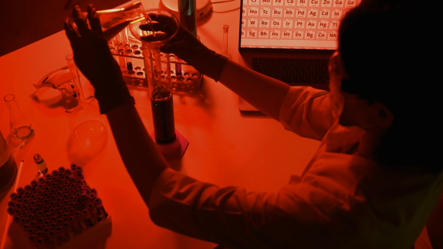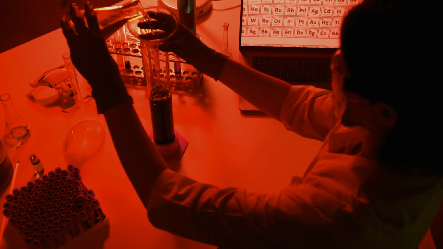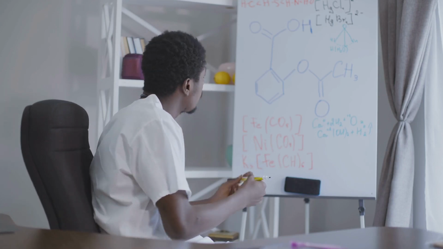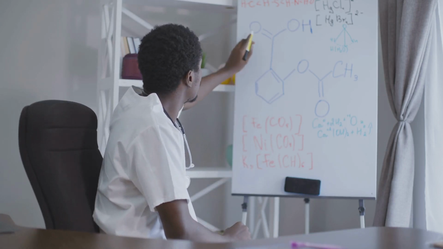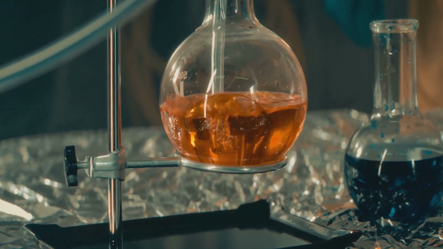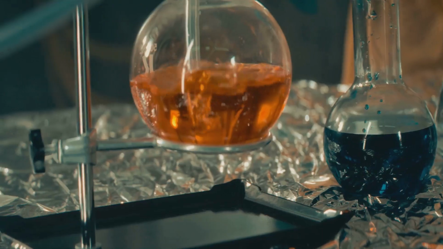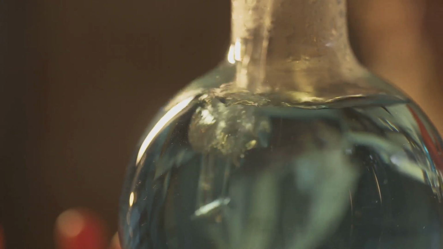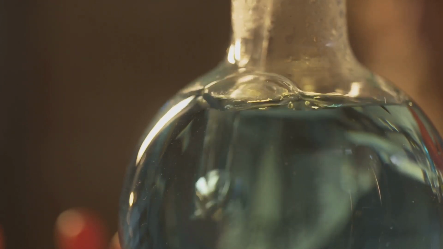Now let's explore how the periodic table can help us understand the properties of different elements. The periodic table is organized into rows and columns based on similar chemical properties. Elements in the same column or group have similar reactivity and bonding characteristics. For example, the elements in group 1, like hydrogen and lithium, are highly reactive and tend to form ionic bonds